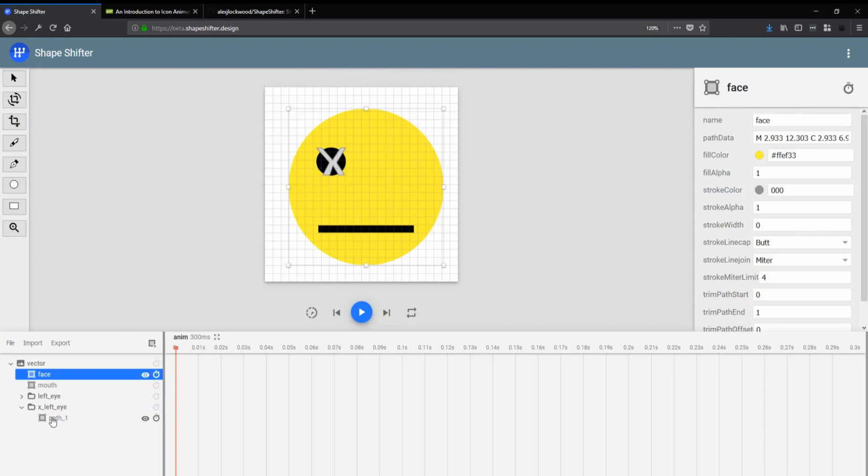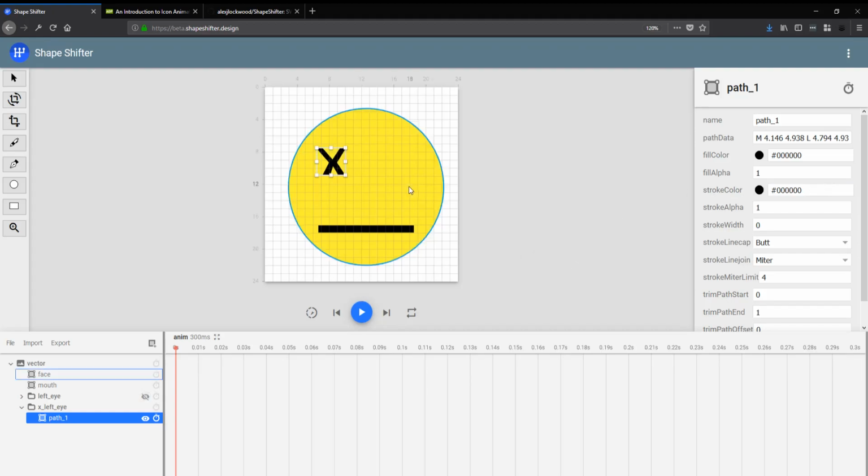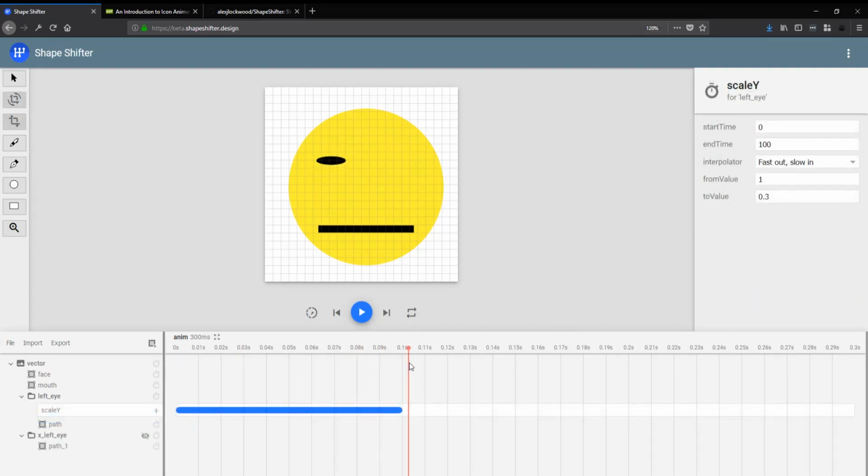And I might, oh yeah, I need to make the stroke color of that black, turn off the eye to see it a little bit better, and I might do, not that much, like a 0.5 stroke width, to make it look a little bit chunkier. Yep, that works. Okay, so we have our first animation of our eye where it is moving from 1 down